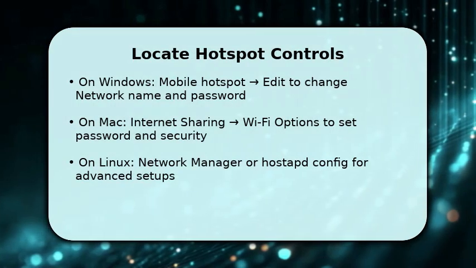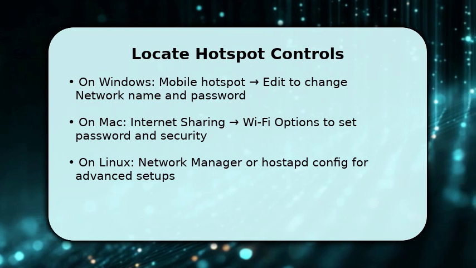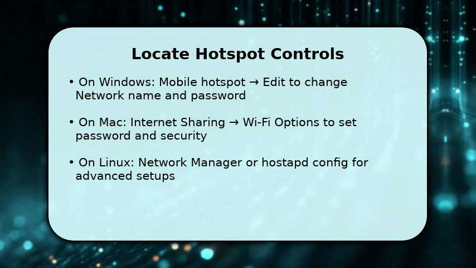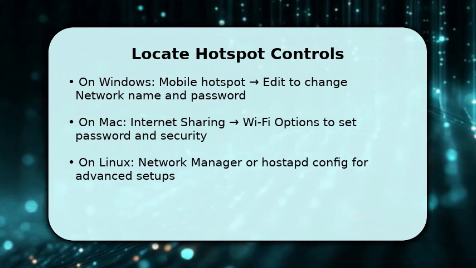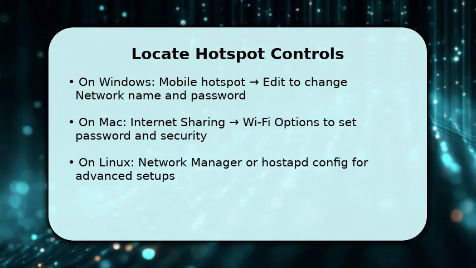Now you locate the hotspot controls and edit the credential fields. On Windows, click Mobile Hotspot, then Edit to change the network name and password. Choose WPA2 where offered. On Mac, select Internet Sharing, click Wi-Fi Options, and set a secure password and WPA2 personal